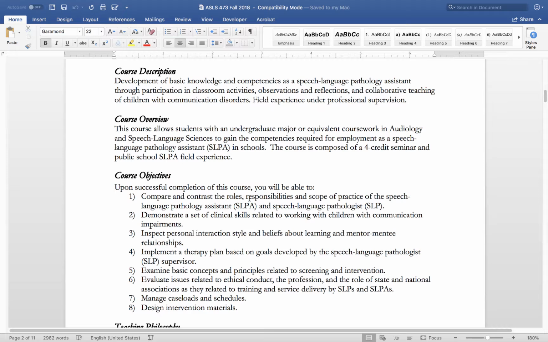But as I mentioned earlier, there is just nothing like getting in there and seeing an SLP in action with kids and then doing some of that work yourself. But this is a part of the requirements for you to apply for authorization. You have to complete an SLPA program. And this course, along with courses at CU and Metro State, meet that requirement. Okay, so